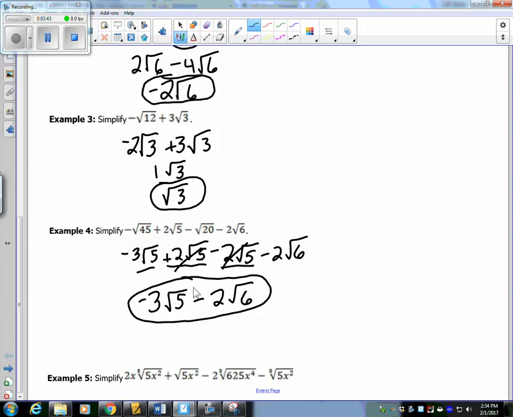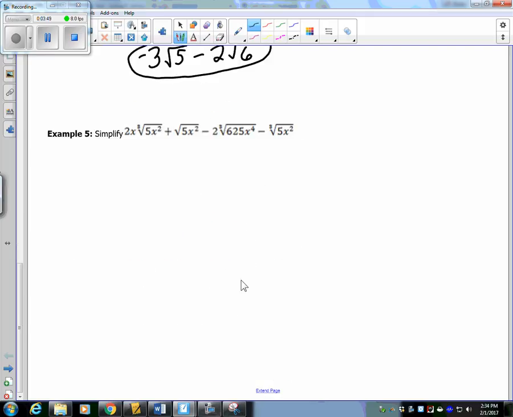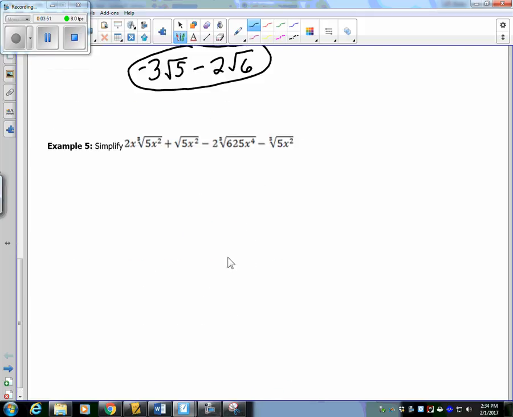Doesn't matter which way you write it. You could write negative 2 square root of 6 in front. Doesn't matter. Next, looking at variables. You're going to do the exact same thing here, except all the variables have to be the same for it to be like terms. So looking right away, we have